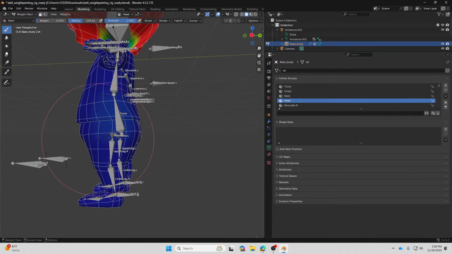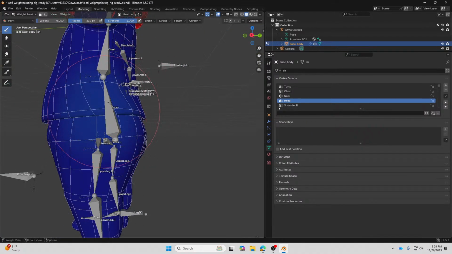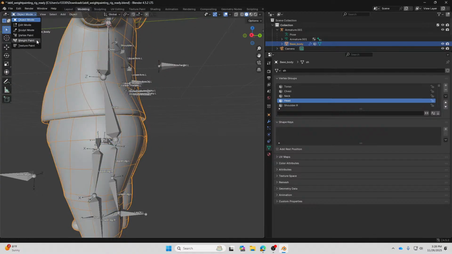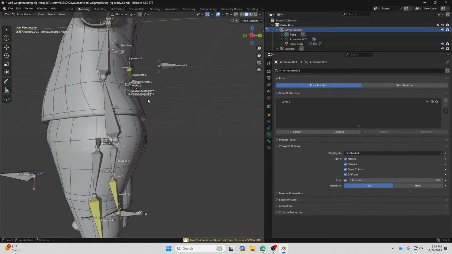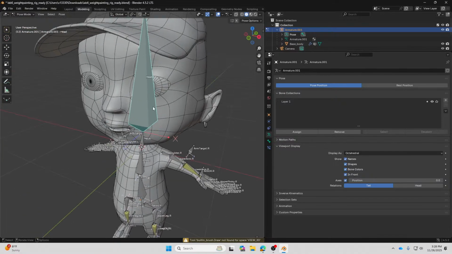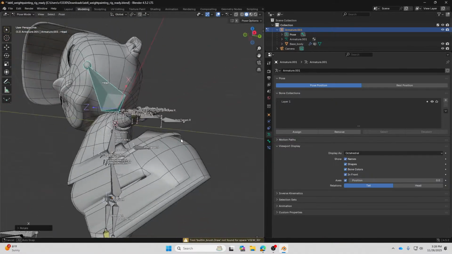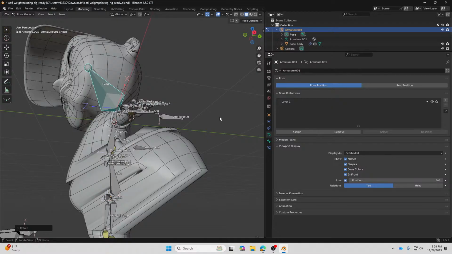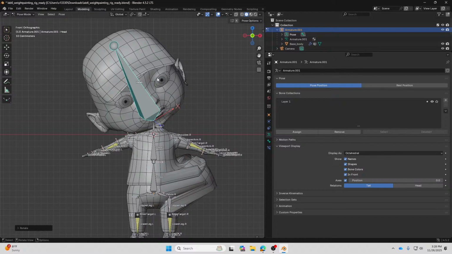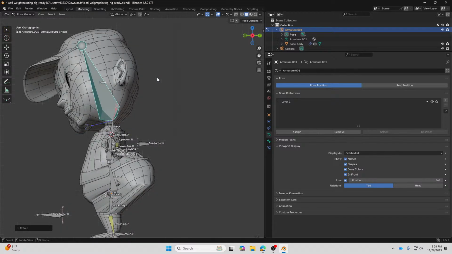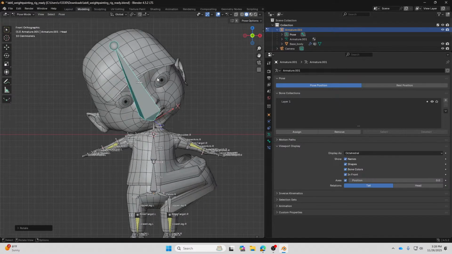You see this color is very difficult to identify, but when you try to pose the character in pose mode, and you pose the head bones over here, this part is moving along as well. Alright, don't be scared, okay, because there's a solution for this.